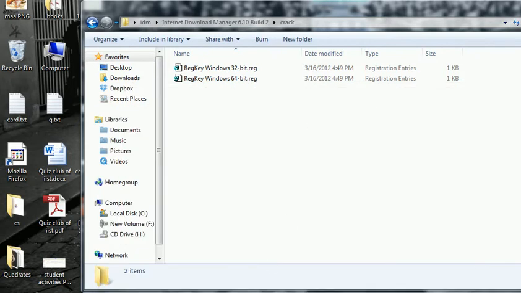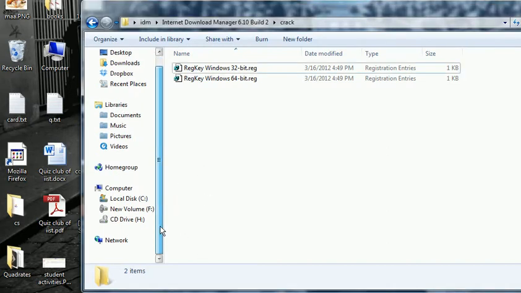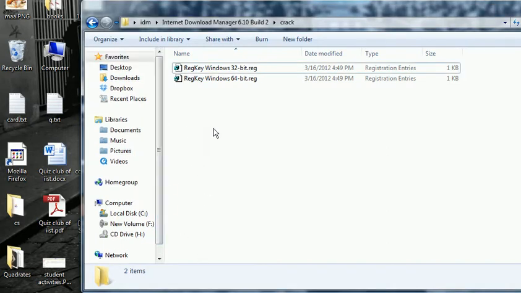And yeah, one more thing, don't update it if it asks for an update. If a window comes like IDM wants to update, click no. You don't need to update it, because if you update it, then the company will come to know about your piracy and it will ask for a serial key, the window that appeared in front of me right in the middle of the video. I just showed you first name and last name, email address, serial key, something like that. So don't update at any cost. If you have to update, you have to get a new crack for the newer version of IDM.